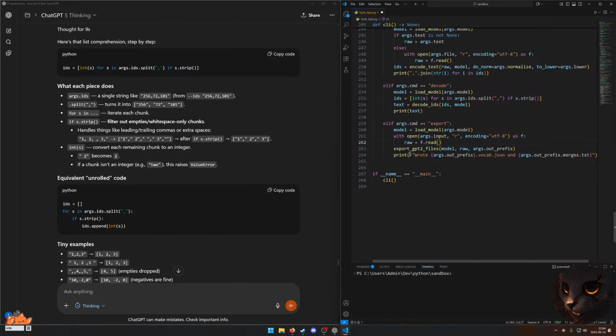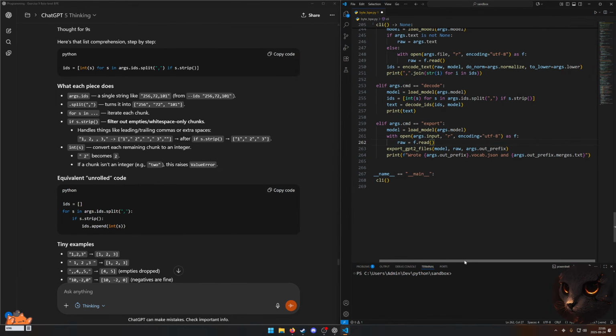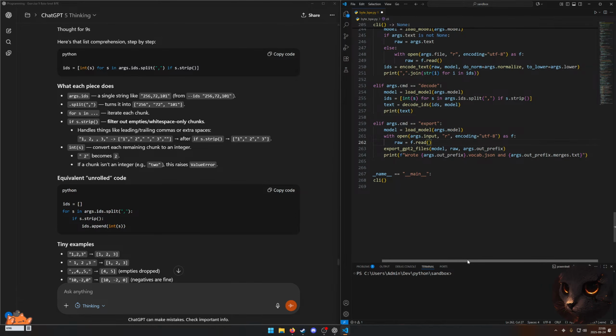And then we export the model, the raw data with the args.out prefix. And then we print the name of the exported JSON, vocab JSON, and